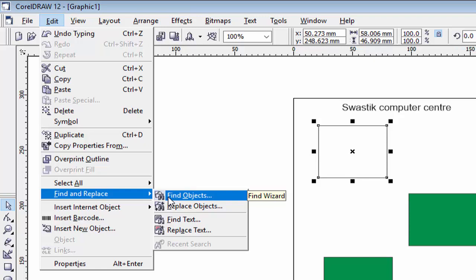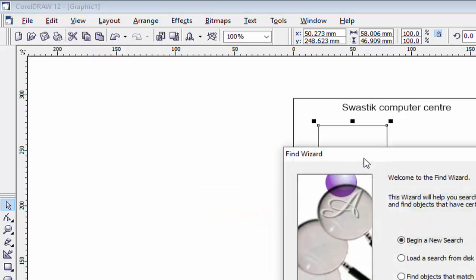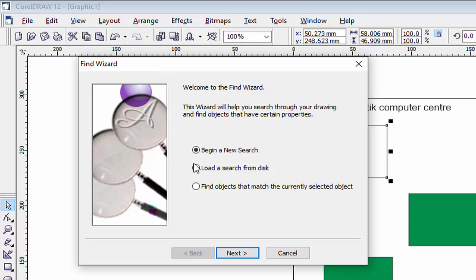In many softwares you have seen only the option of find words, like any word you enter in the find command, only that word will be found. But in Corel you can also find objects. Click on find object and see here it will ask you to begin a new search.